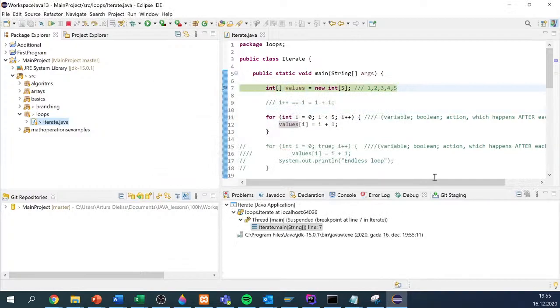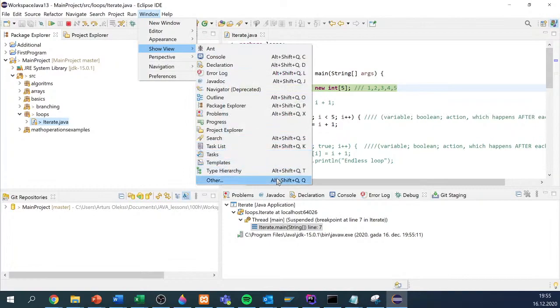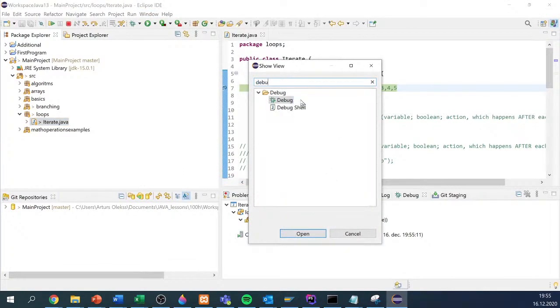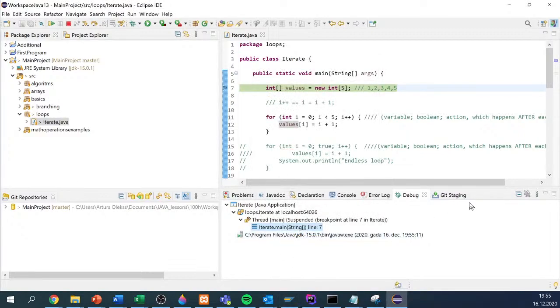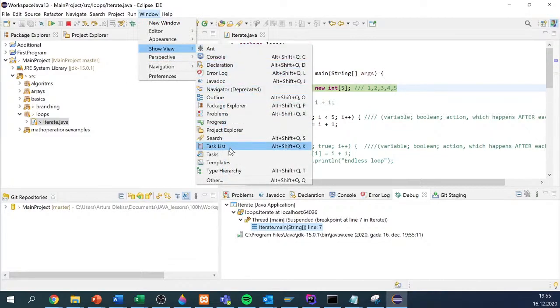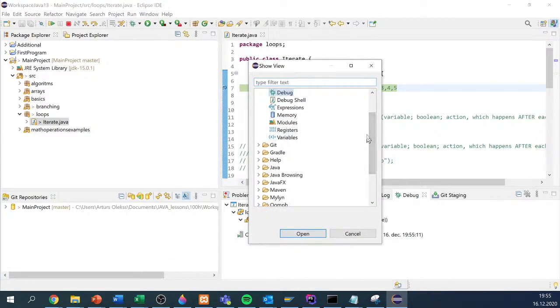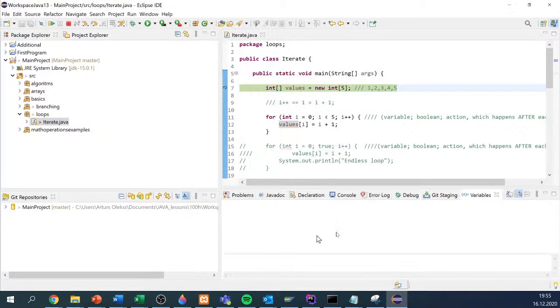Okay, I will not switch, but I need one more view to see it. And I will open one view. Open debug view. Okay, it's already here. But there was one more. There's one more view. Yeah, variables. I think that was the right one. Yeah. Okay, so right now we run our program, and we stopped at this